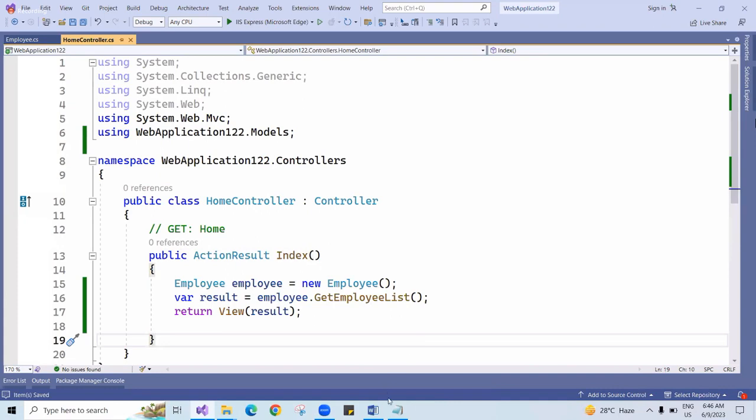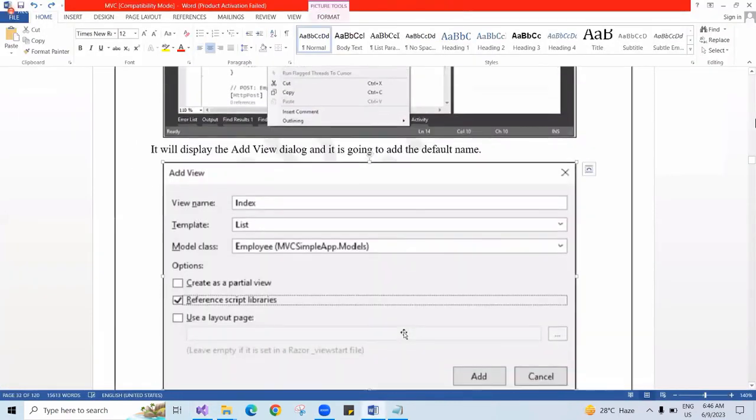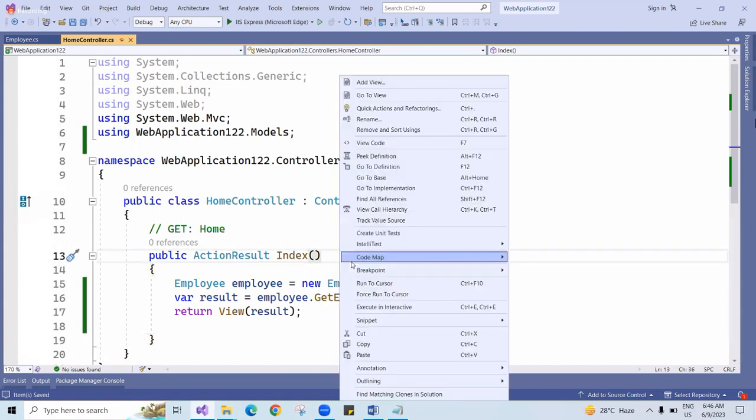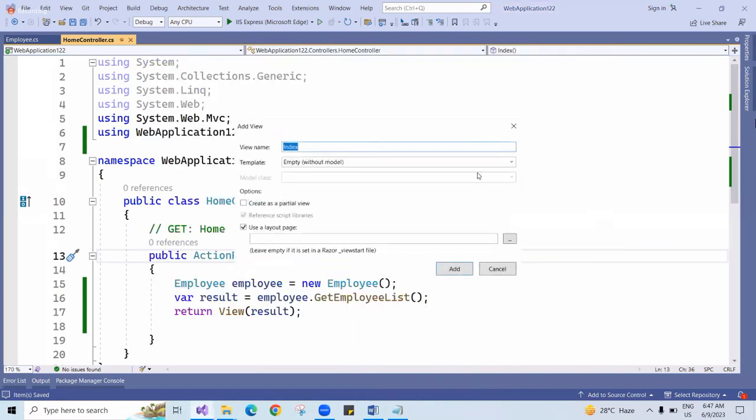Okay, this is done. So now we need to create the view. So now I will tell you something. Without writing even a single line of HTML code, we'll get the output. How we'll get it? Add view, MVC view, here, select template. So for now, we